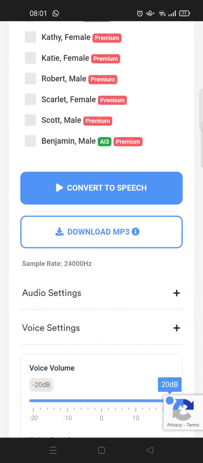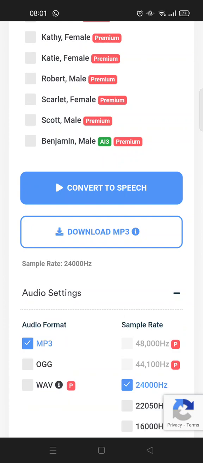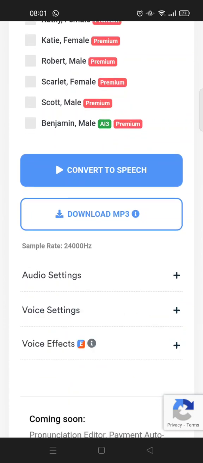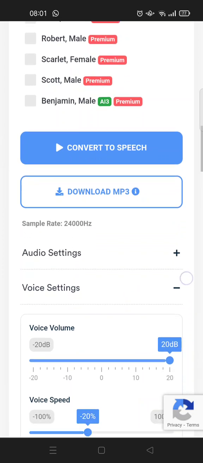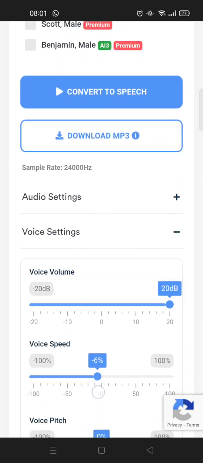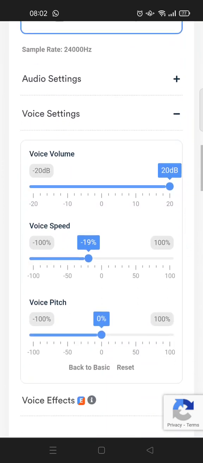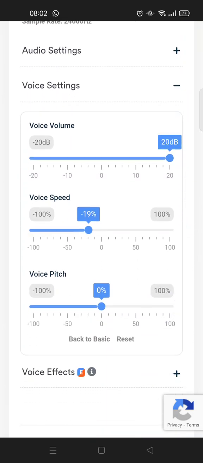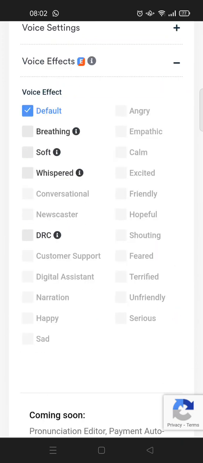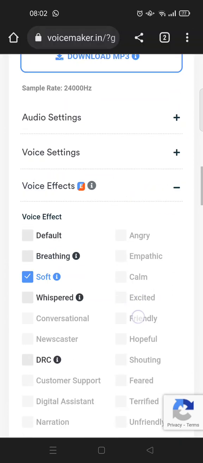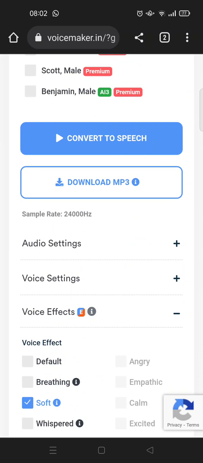So you can also adjust the audio settings, you can adjust the format, the sample rate, and also you can adjust the voice settings. So in this case I'm slowing the speed, so I'm using the -20% for that video. And then here you can also change the volume and also the pitch, and you can also add voice effects in here like that, but I'm using default. And okay, I'm going to just go to soft, and after that when you're done just click on convert to